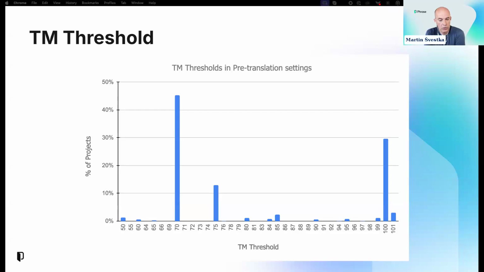When we ask the customers why they're using that value, often the answer is pretty much because that's how it always was, or because that's perhaps the industry standard, or because that's the default value in the system. But you could tell that there are very few who actually research what the right value should be and then try to optimize it. And that's unfortunate because this single value can actually tremendously impact the efficiency of your workflow. So what we've done is that we've collected data,